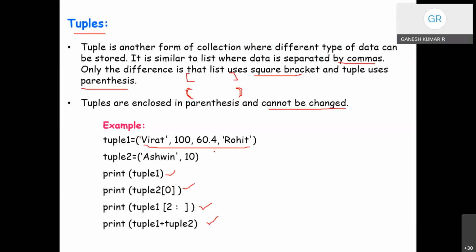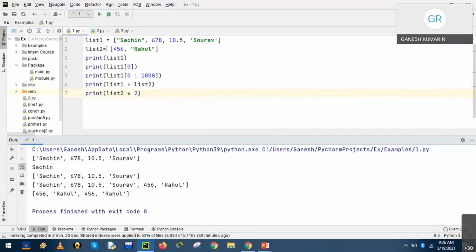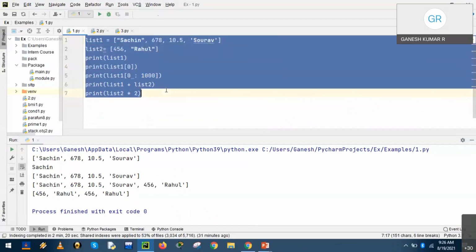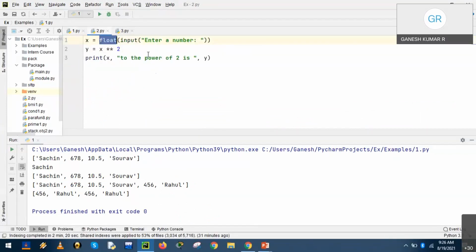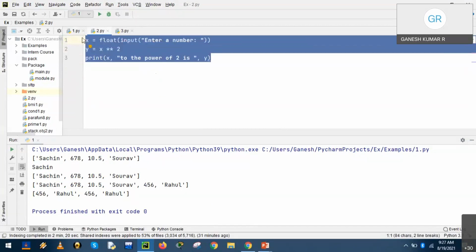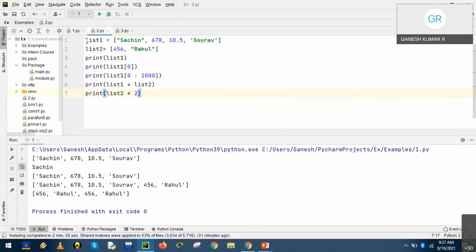Fine. Let us have another program. Please copy it. We should use the same terminology, tuple instead of list, tuple two.